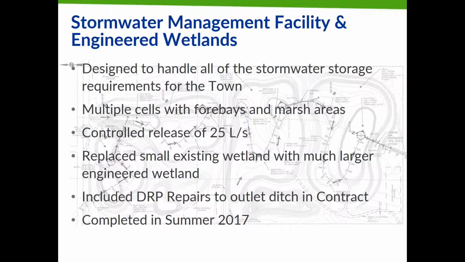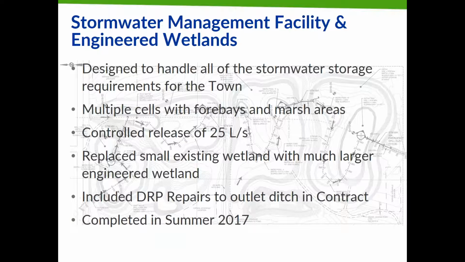So we were then given approval to finalize the design and issue for tender and begin construction on the phase 1 project. Due to the large extent of work required, it was decided to split the project work up into 3 separate contracts. The first contract was for the construction of the stormwater management facility, which included an engineered wetland